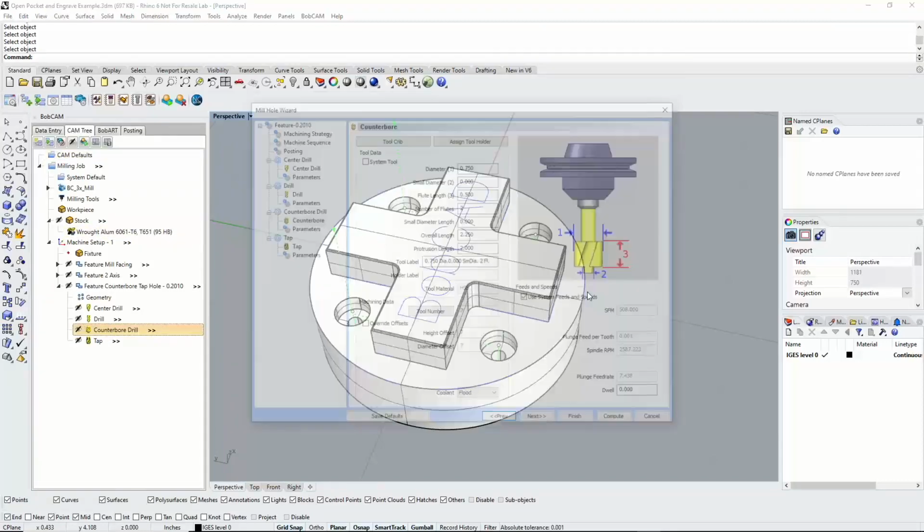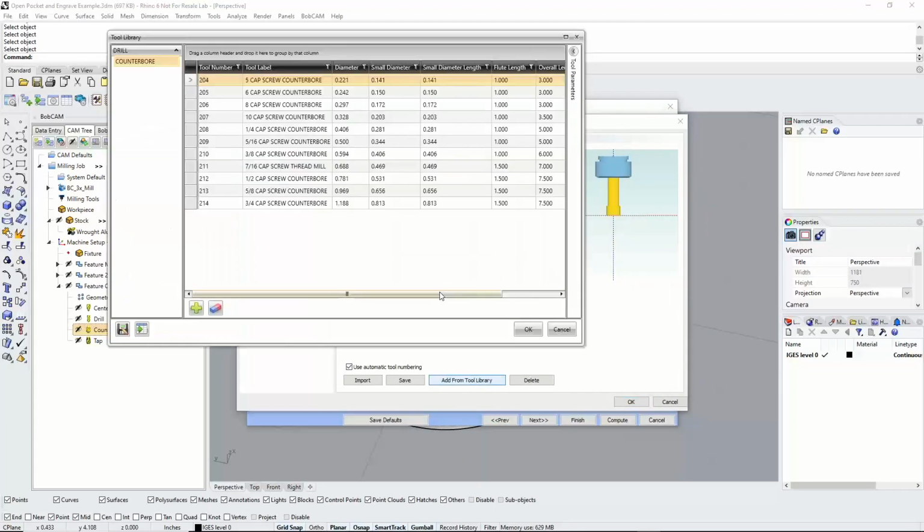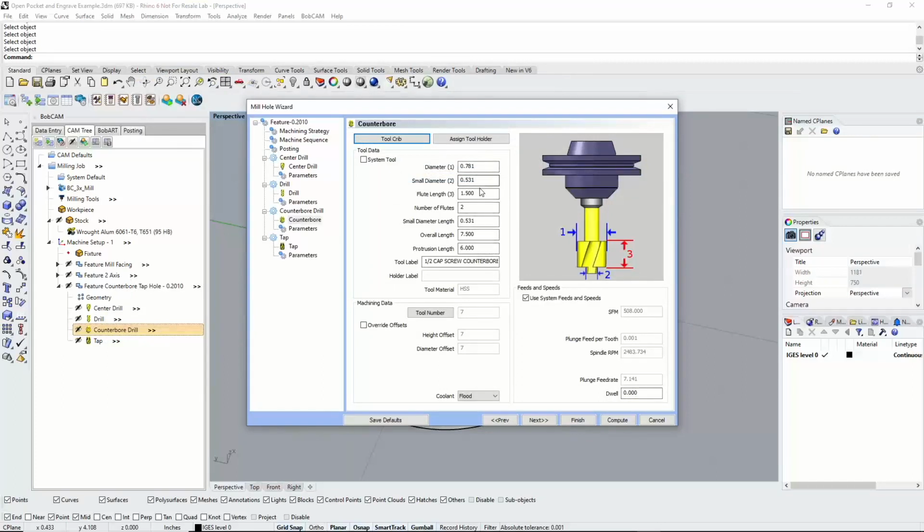So we're just going to go edit this. I'm going to go up to the tool crib here, and I'm going to add from the tool library. And this one's going to be a 1/2 inch cap screw counterbore, we'll say. So we'll pick that, and then I'll hit OK. And then I am going to change this one. I want the diameter, so I'm just going to make my own. It's a 1/2 inch diameter. There is no small diameter for either thing. And this would be as if I'm using a 1/2 inch end mill or a counterbore drill right there, 1/4